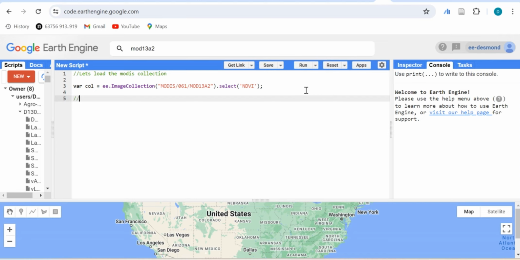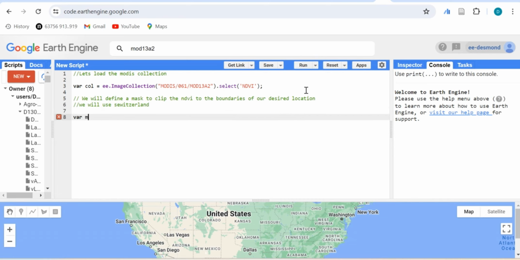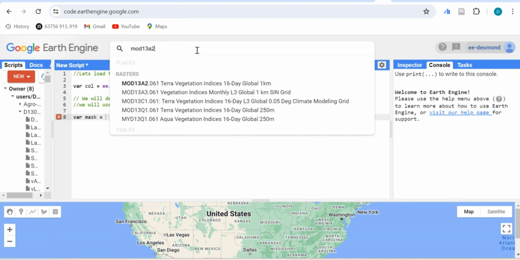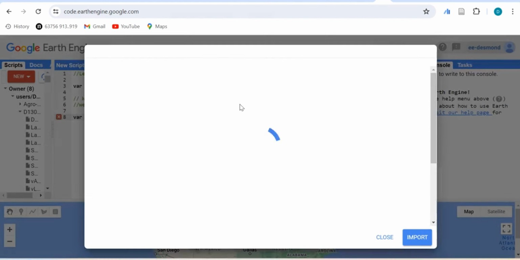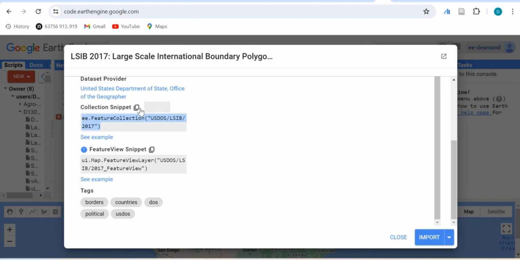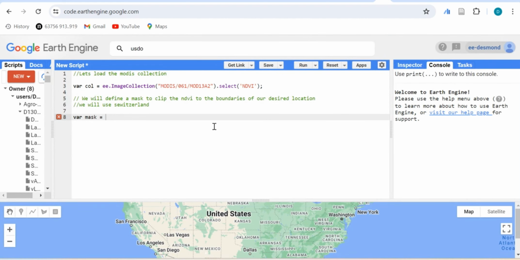The next thing to do is to basically define the mask, where some people also call it define your area of interest, and with that we will use the USDOS dataset, which basically contains all administrative boundaries of every country. I don't know the number of countries in it, but it's possible that your area of interest will be part of those features. So I will copy the ID and then I will just use the ee.Filter from Earth Engine to